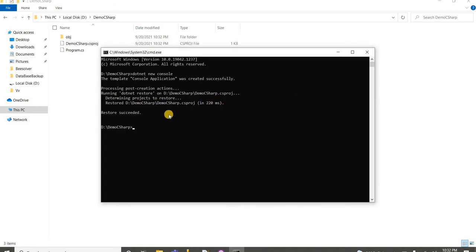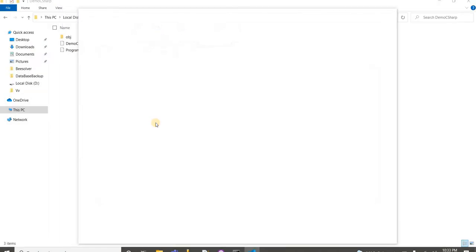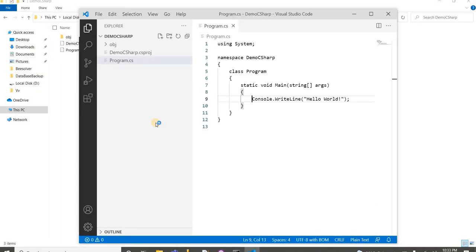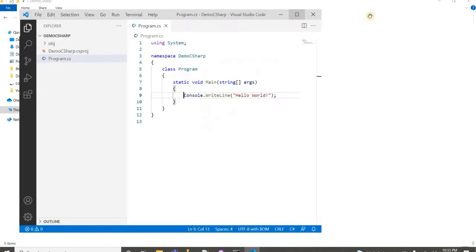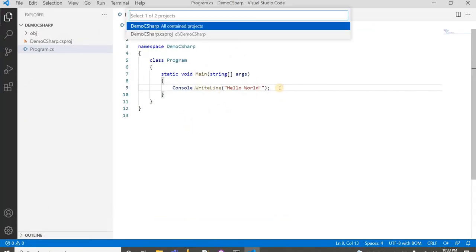Now to open this particular project, just type here code space dot. It will open the application with Visual Studio Code. Now by default it has opened the hello world project. One more thing, when you open Visual Studio Code for the first time, it will ask to install the C#